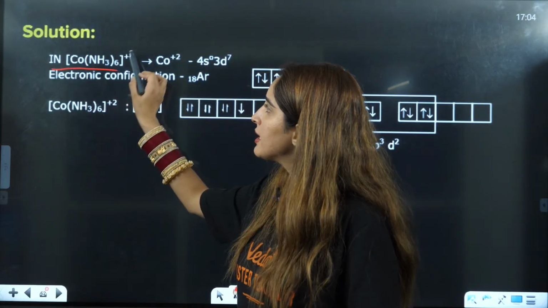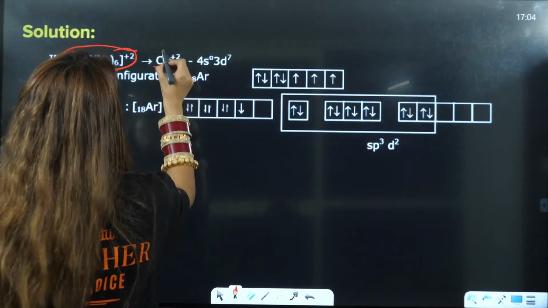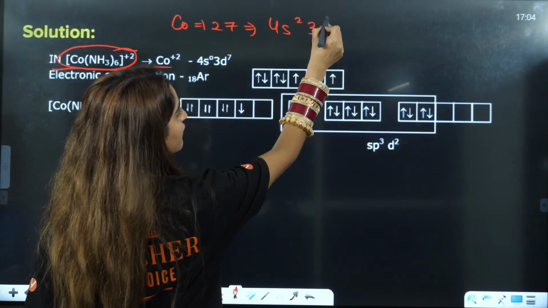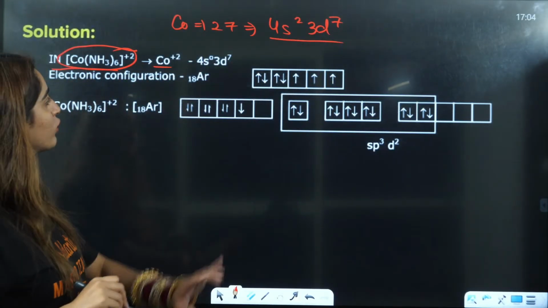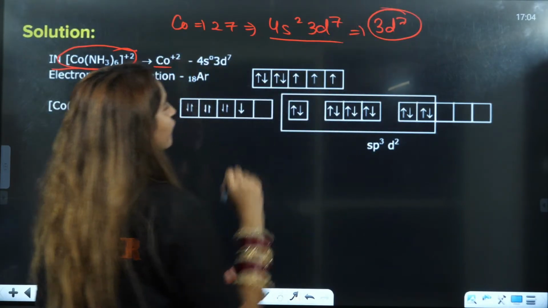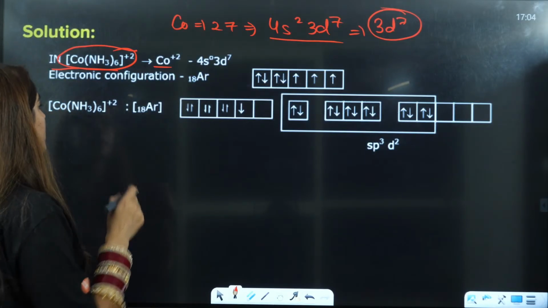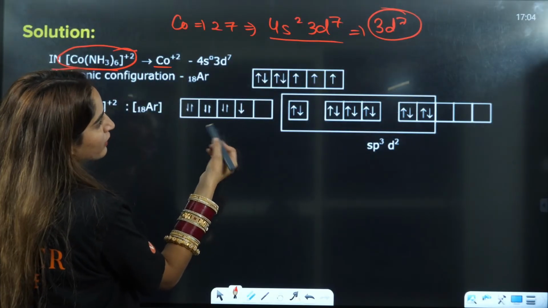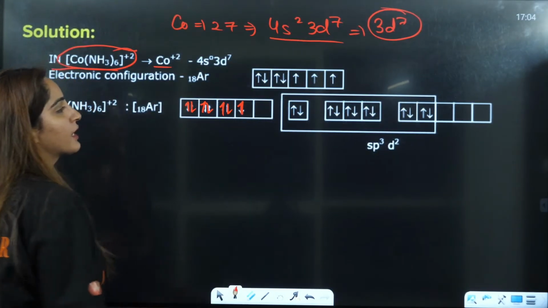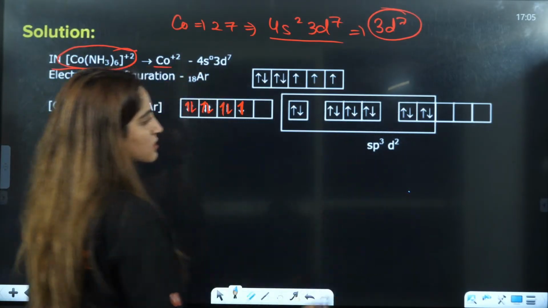As you can see here, this is Co(NH3). This is one of the exceptions only. So what will happen here? This cobalt is basically 27. This is the atomic number, that is 4s2 3d7, right? Now, if you lose 2 electrons here, that will become 3d7 only. Now, we are saying that it is going to cause the pairing because NH3 is a very strong field ligand. So when it causes the pairing, what will happen? You have 7 electrons here, 1, 2, 3, 4, 5, 6 and the 7th electron here, right? That means you are left with these many spaces here.